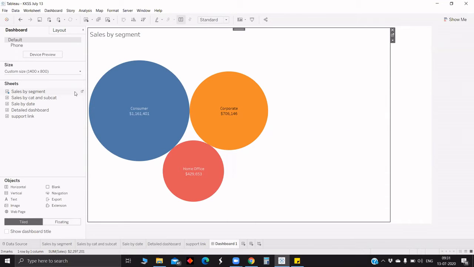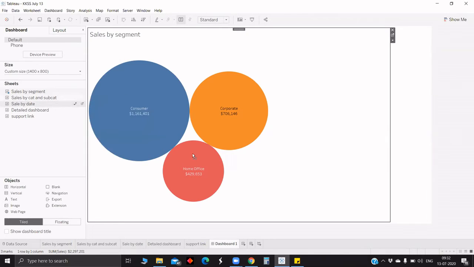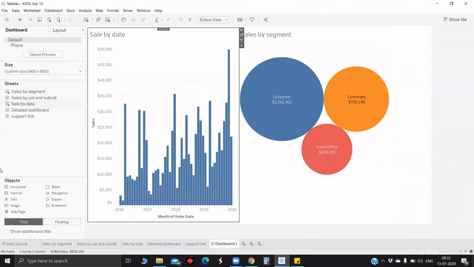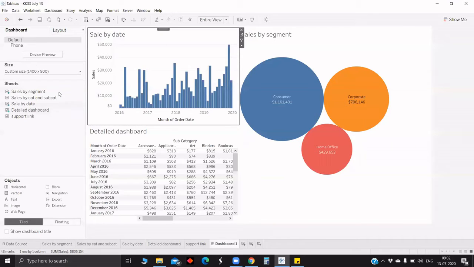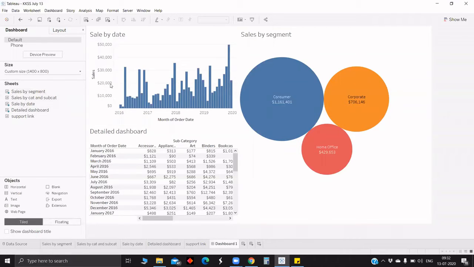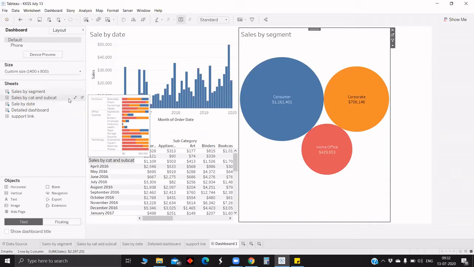Okay, so for this you have to select a specific part of the viz, maybe one of the charts, and then you get this option. Can you have 2 of them, and please just demonstrate that. Let's have 2 vizzes. Yeah, perfect. Now let's say you want to replace sales by date with maybe sales by category and subcategory. So first we have to select sales by segment. Then we have to go near the sheet which you want to replace it with, for example sales by category and subcategory. So we have got this arrow. Yeah. Once you.